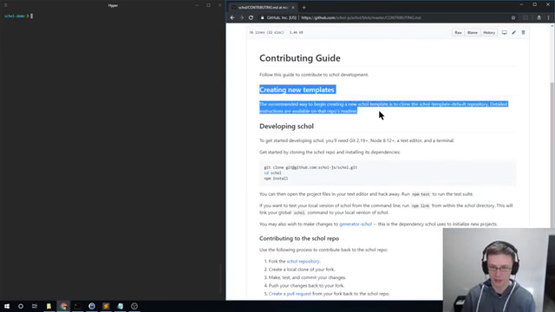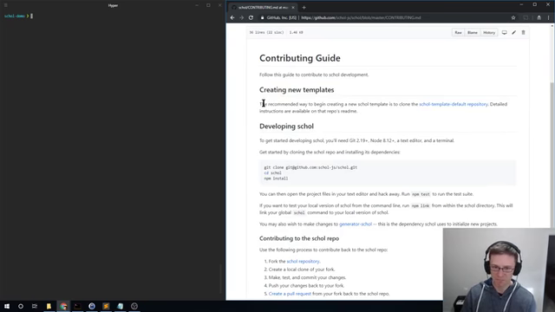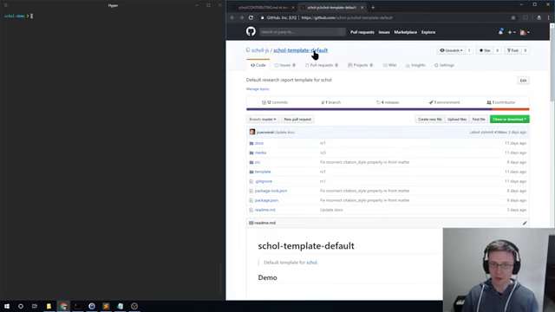So there's creating new templates. The recommended way to create a new schol template is to basically clone and/or fork the schol template default repository and just make whatever edits you need to that and then publish your template. So if we open that repo,